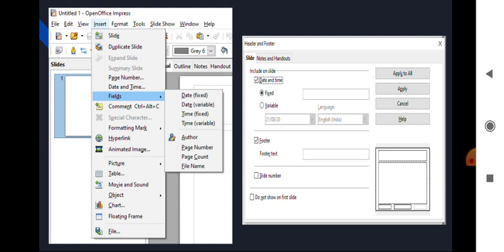The header and footer dialog box will appear. In this dialog box, you can find date and time is also there. Just click on that, fixed and variable, whatever date and time you want to choose, and then click apply to all. So these two options are there to insert date and time into our slide.